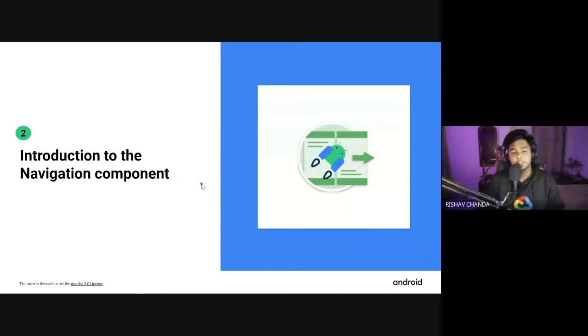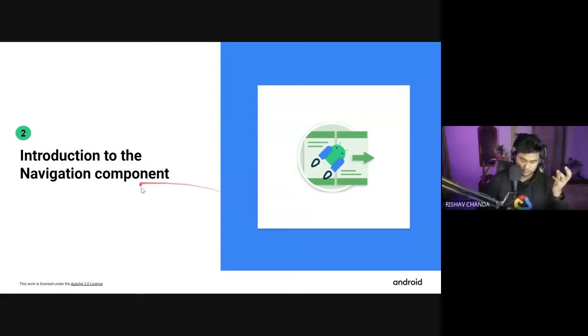So navigation components, like we are using fragments, right? To navigate between the fragments, there are intents also. Like previously, you have learned about intents to navigate from one screen to another in activities, in the previous session. But to navigate between fragments, there is a cool feature that is the navigation component and nav graph. And it is a part of the Jetpack library, which provides you many cool things.